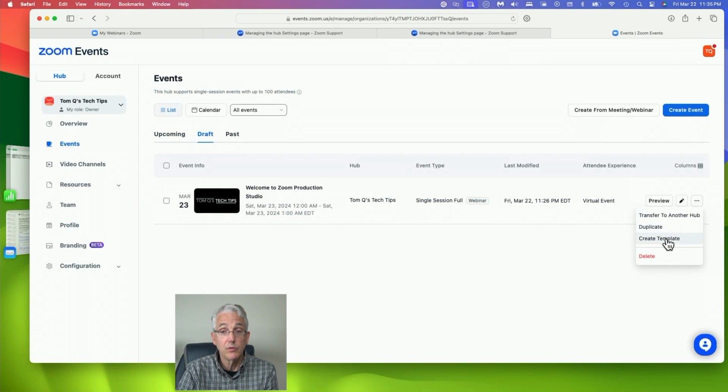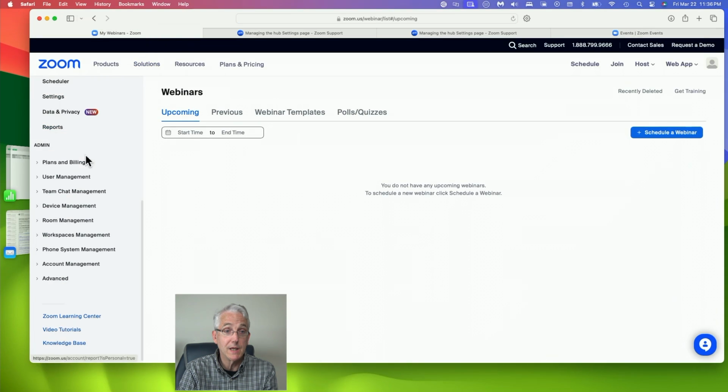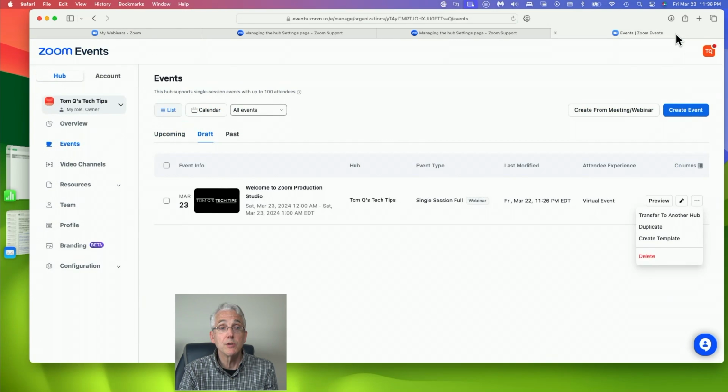These 2 things, unlike the webinars option inside the normal Zoom things, where if you schedule a webinar and build your scenes in Zoom Production Studio in March of 2024, and then you save your template or duplicate your webinar, my experience is that you're not going to get the scenes in the Production Studio duplicated in that webinar. So that's why we went to the trouble of creating a hub and creating an event, so that we can get these templates,